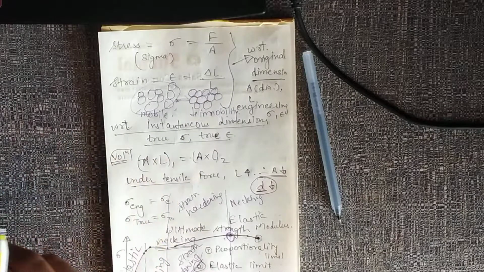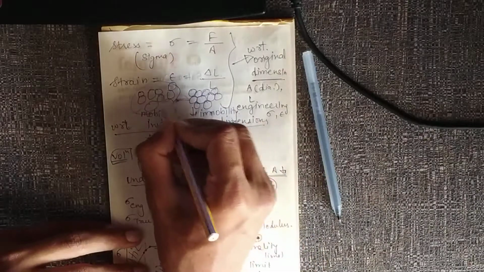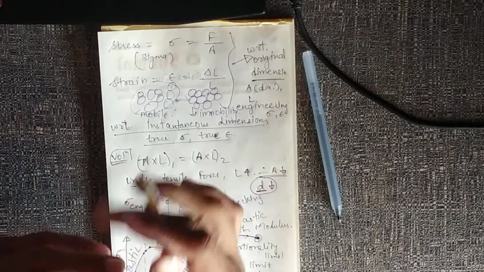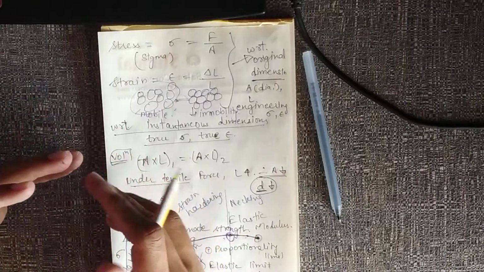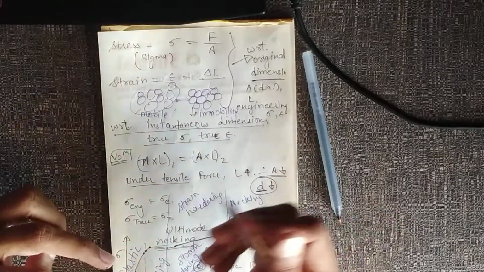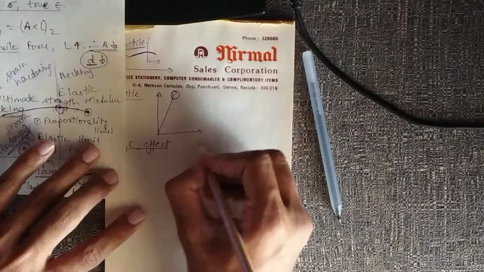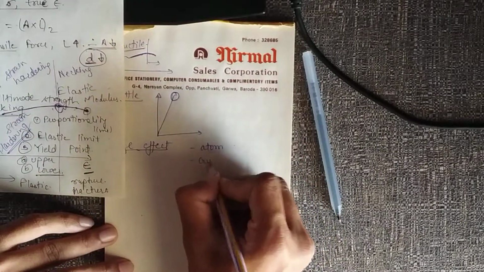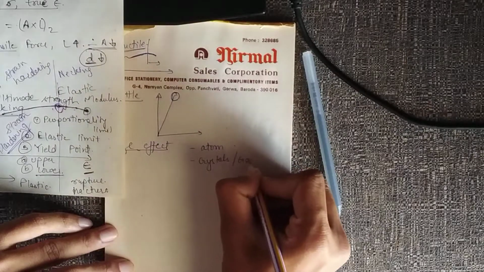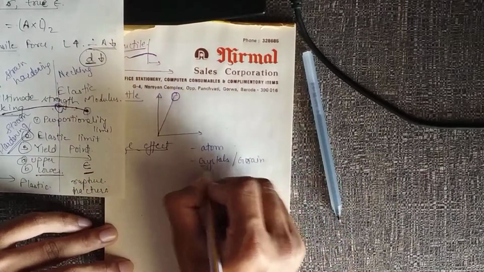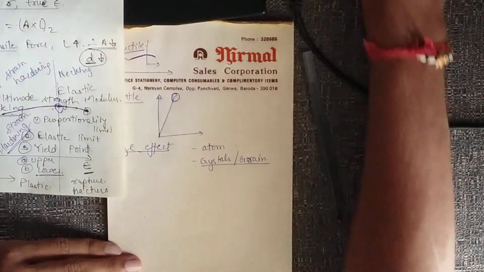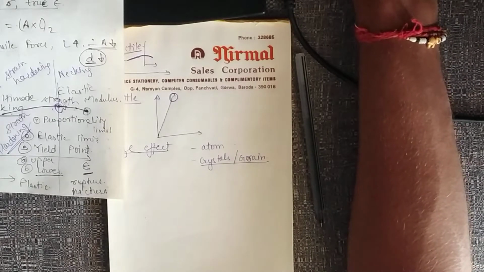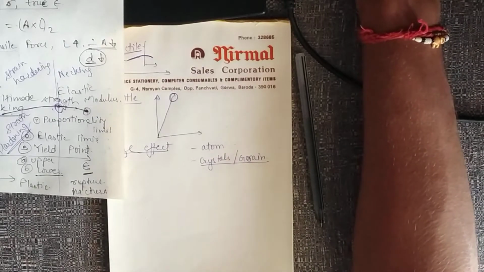And if crystals are tested too small, if the relative size of the crystals is very small, they will have very few imperfections, and therefore strength depends on the size of the crystal. So along with the size of the atom, we have crystals or grains. The grain size also gives a lot of indication about the strength. Strength depends on the size of the crystal, decreasing with an increase in crystal size. That is the size effect.